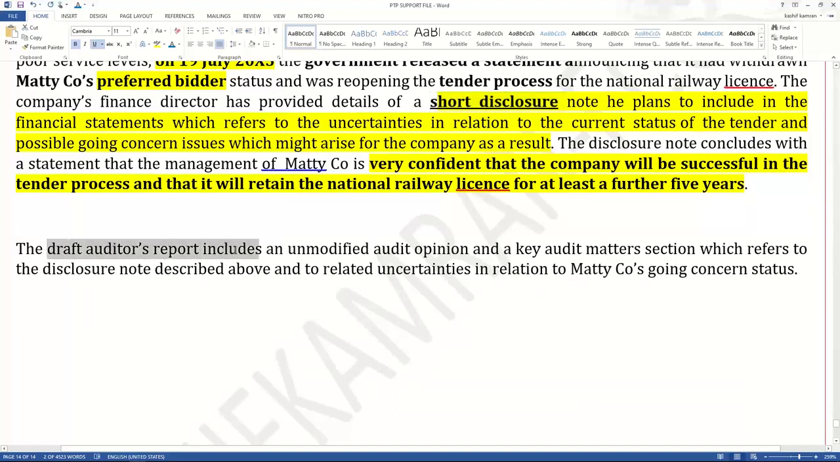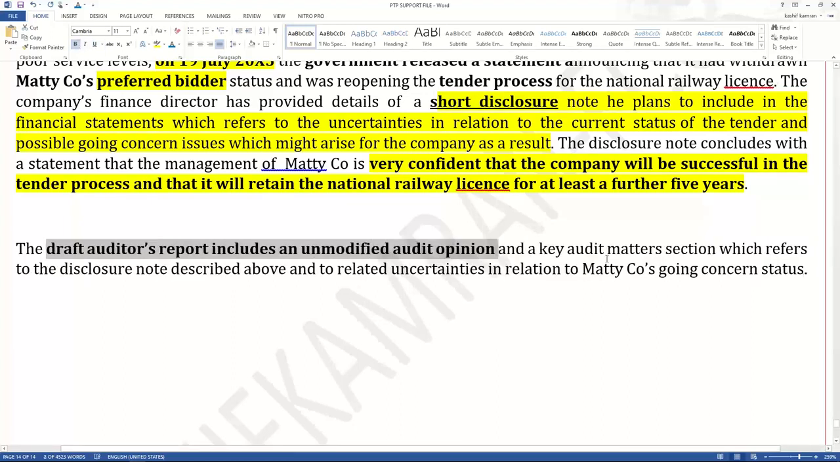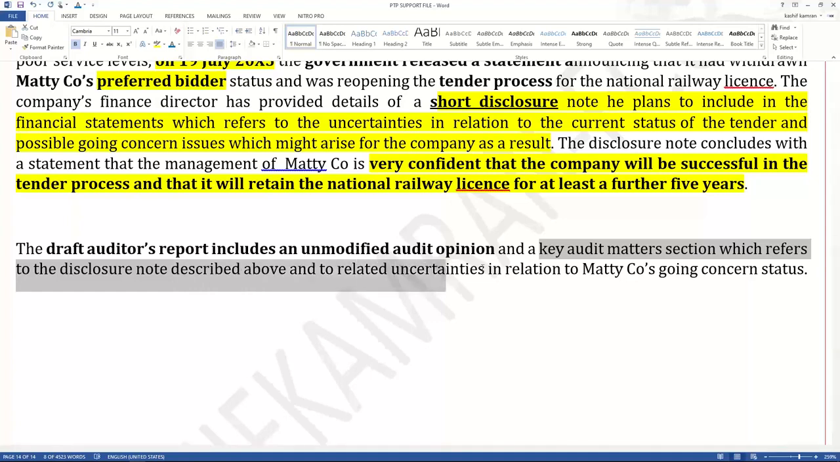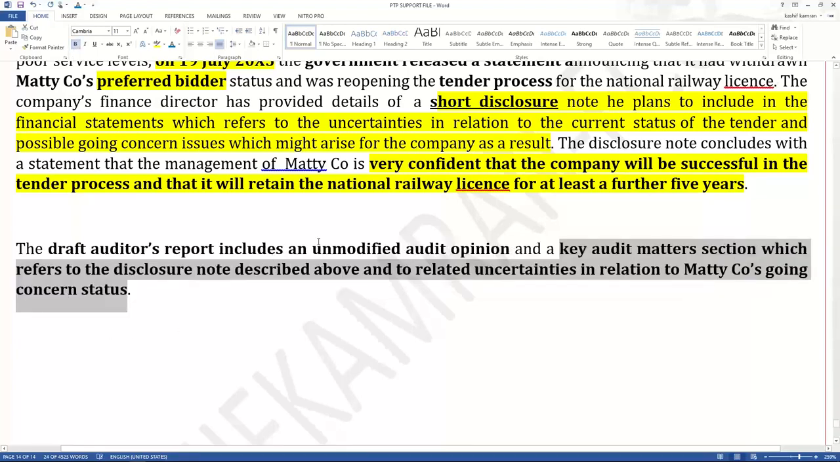The draft audit report includes an unmodified audit opinion and a key audit matter section which refers to the disclosure note described above and related uncertainties in the going concern status. What have we done in the report? Tell me, is the report right here? Honestly,